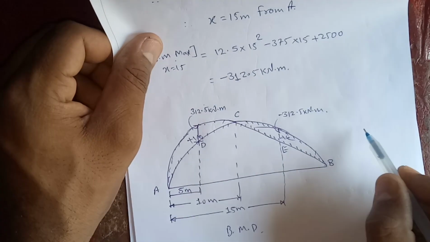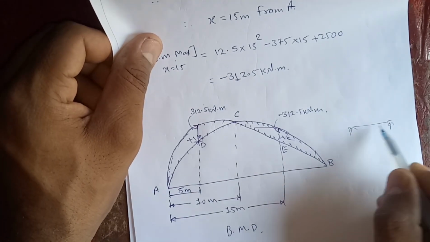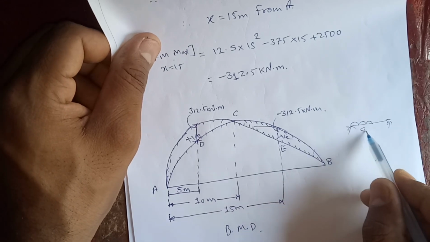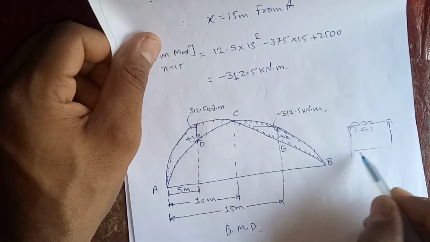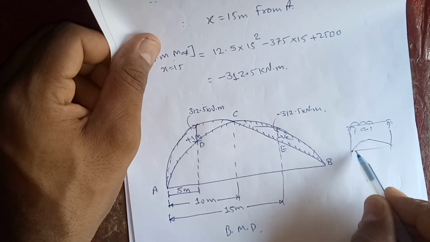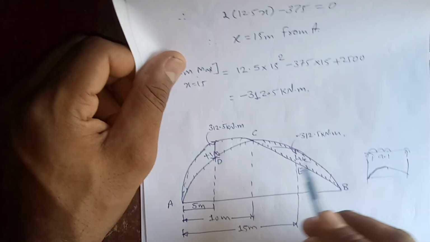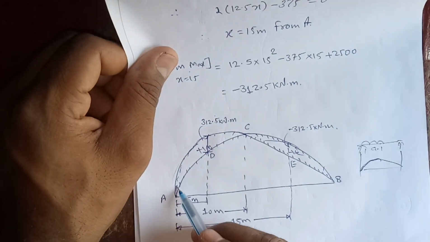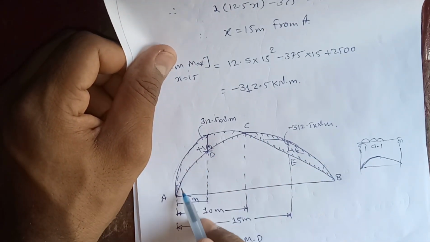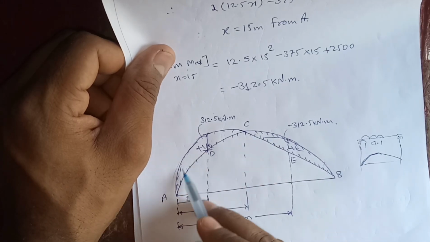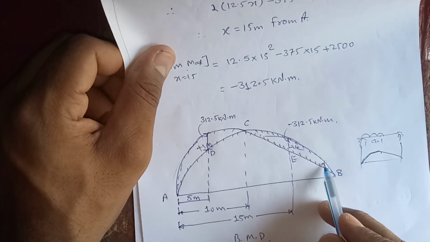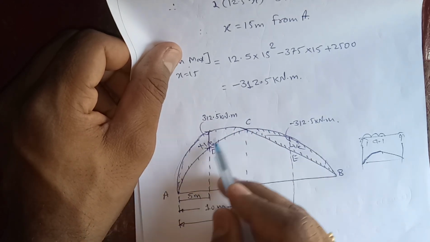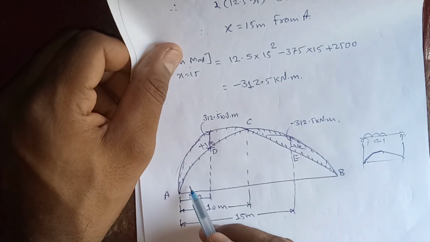Then we have to plot the bending moment diagram. If there is a beam which has UDL only up to a certain span, then the bending moment diagram will be a parabola up to that point, and then it will be a straight line. So this portion is parabolic and this is a straight line. This parabolic arch shape of the bending moment is due to the horizontal thrust, which is h into y. So h is a constant value and y is parabolic, so this will be h into y.